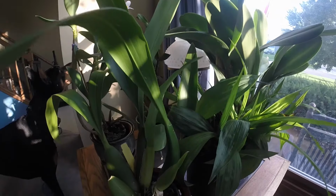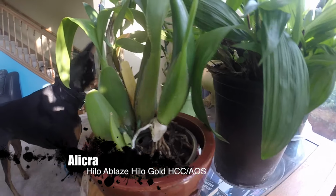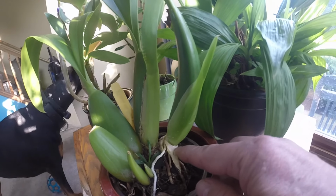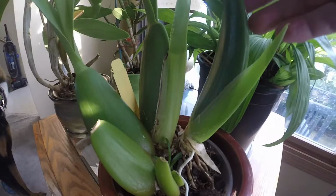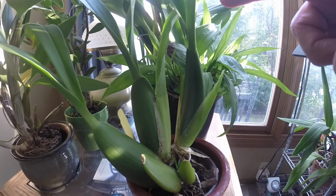The Alicera Hilo Ablaze by Hilo Gold. Cut the spike off. Don't know. It's been growing in a circle pattern, so I'm thinking the new growth will come over here. That might be it starting. I can't tell if that's an eye or not yet, but I'm pretty excited about that. Every growth has gotten bigger for me both times, so this next one I'm guessing is going to be pretty